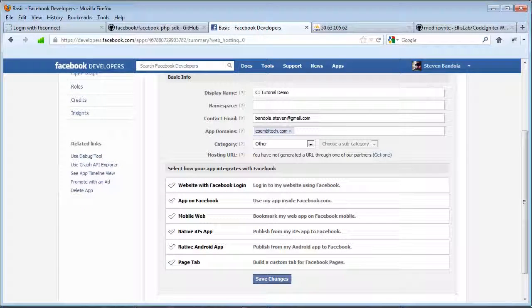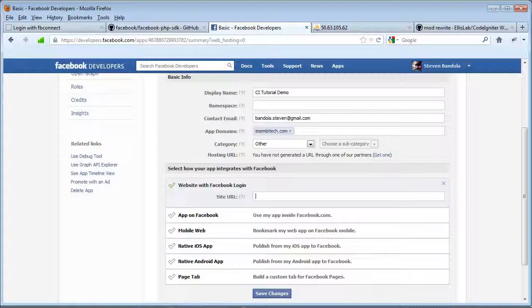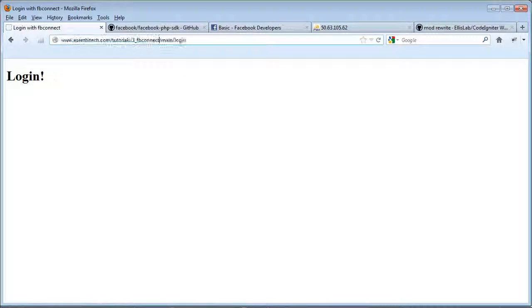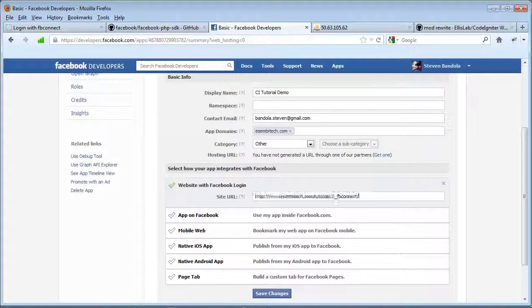Perfect. And right here it says select how your app integrates with Facebook. There's a whole bunch of different ways that we can build an app and integrate it with Facebook. But in our case, ours is just a website with Facebook login, right? So my site URL is going to be http://www.assemblytech.com/tutorial/3_fbconnect. I'll paste that in here, and we want to make sure that this is followed by a /. So now that we've made these changes, and this is actually where my CodeIgniter installation is going to be,